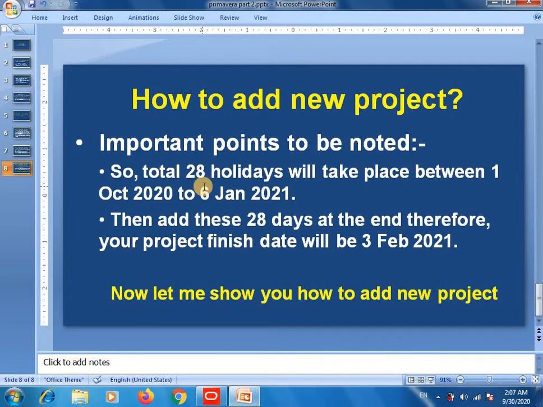So a total of 28 holidays will take place between 1st of October 2020 and 6th of January 2021. Then add these 28 days at the end. Therefore, your project finish date will be 3rd of February 2021. So I hope you got my point.